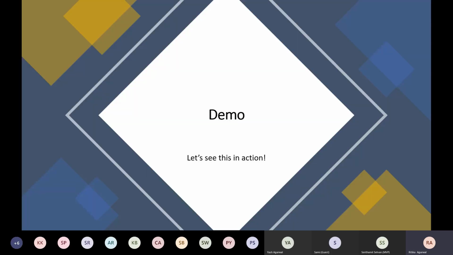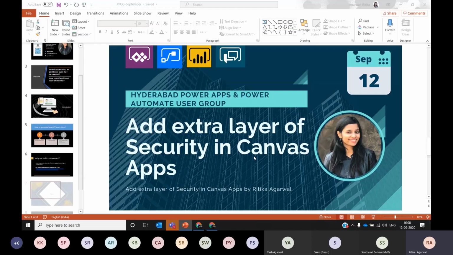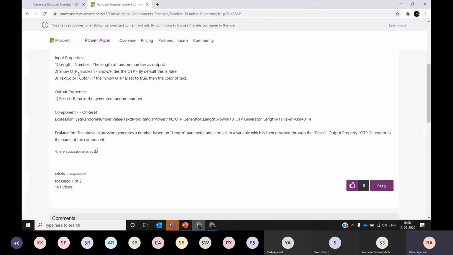Now let's take a look at the demo we have in place, where I'll build a simple functionality on an app where it will have input for the user identity, and then there will be a button to send OTP. Once that OTP is sent, it will ask you to enter the OTP in a separate text box, and then after submission, it will analyze the logic and check if the person is going to be moved to a separate screen, or if there will be a validation error. So I'll go back to my browser window now.